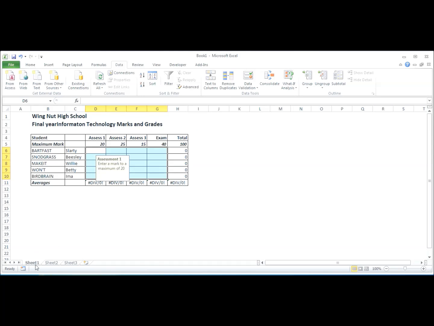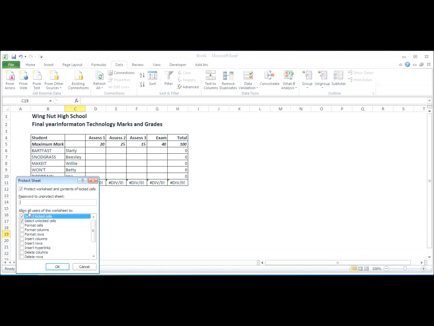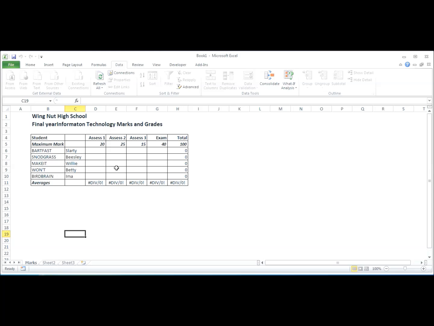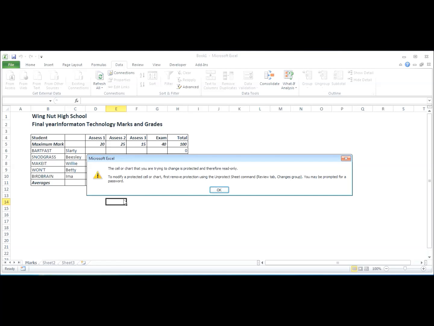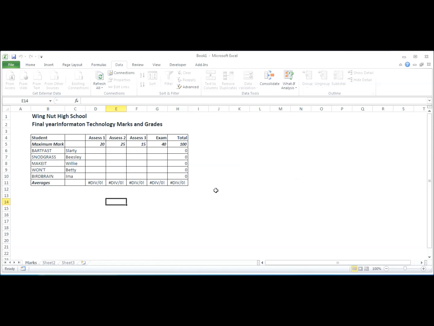The next thing we want to do is protect the sheet, so we right click on the sheet name, we are going to rename it to marks. We right click on it again, we go to protect sheet and we take the default. I'm not going to worry about a password. Yes. Now if we try and type here in the area that's protected, we immediately get an error message. However, we can type in here